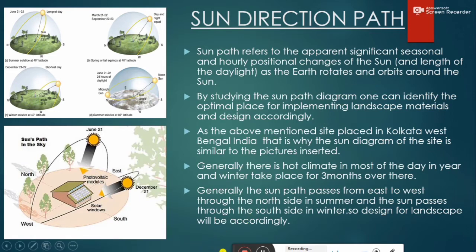Generally, there is hot climate in most of the days in the year and winter takes place for 3 months over there. Generally, the sun passes from east to west through the north side in summer and the sun passes through the south side in winter. So, design for landscape will